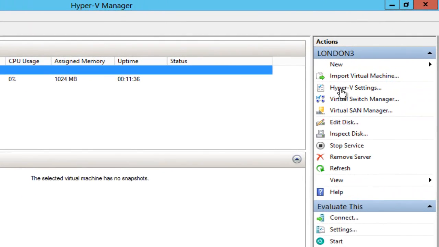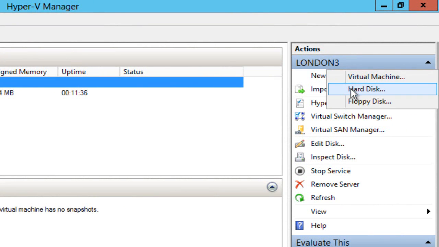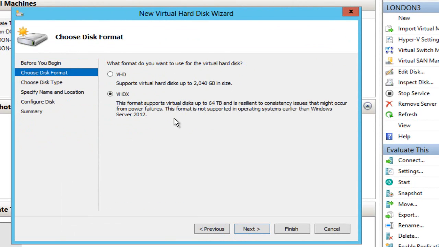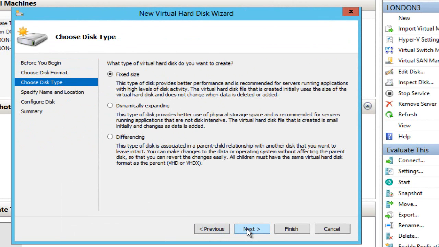I'm now going to create a virtual hard disk, and here we can see the hard disks come in two flavors: VHD, which we had in 2008 R2, and the new VHDX format that goes up to 64 terabytes. I'm going for VHD. Whichever format you choose, you've then got three choices as to what kind of disk you create. Fixed size: if I create a 10 gigabyte disk, it's going to take actually 10 gigabytes on my physical hard drive. Dynamically expanding, which is like thin provisioning. And what I'm going to choose, differencing, which is where I have already prepared a disk,